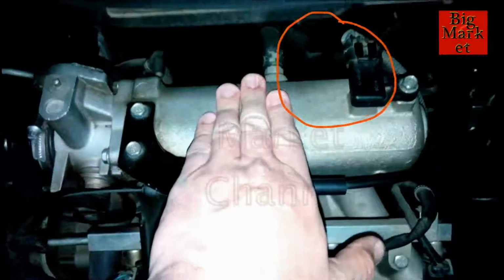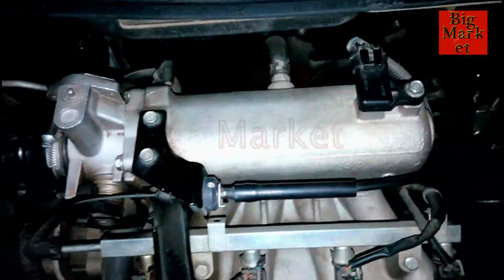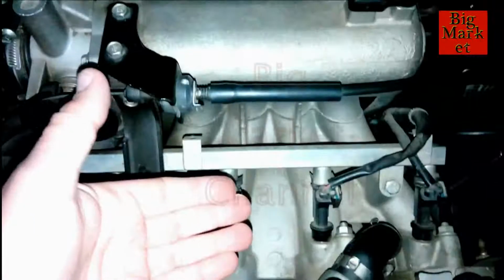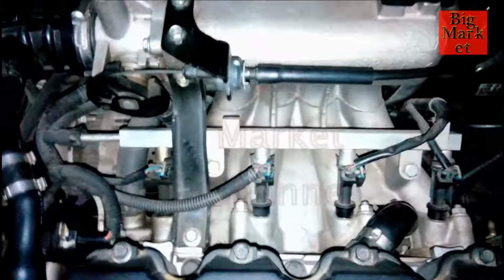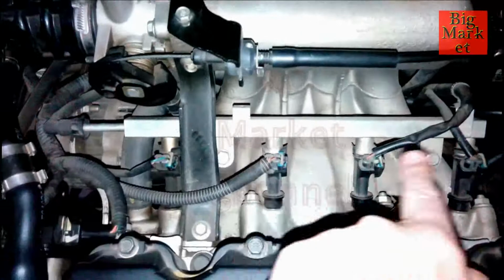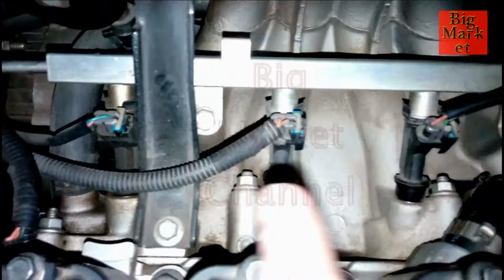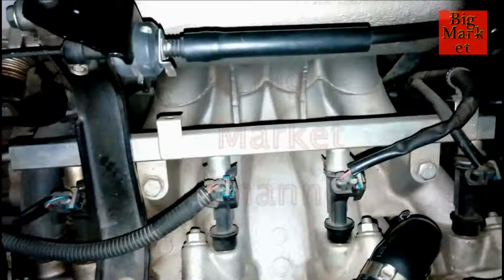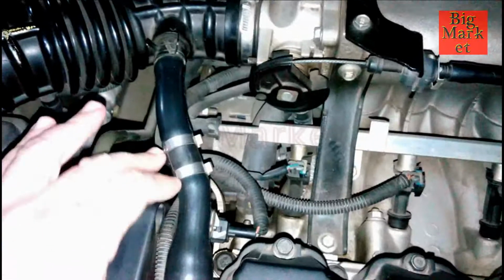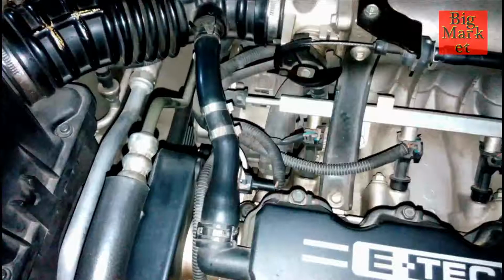and this is the manifold sensor and the manifold itself. We will make a video about the manifold sensor too. And here is the manifold which feeds the air into the piston chamber. And here are the injectors, 4 injectors on the head of the piston, and here the oil steamer,